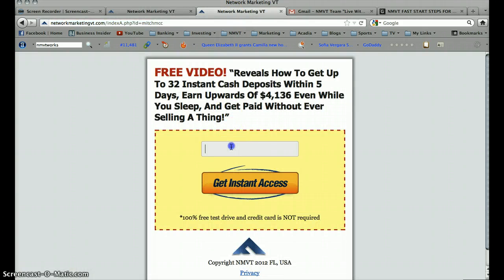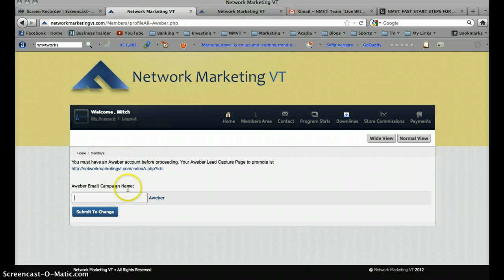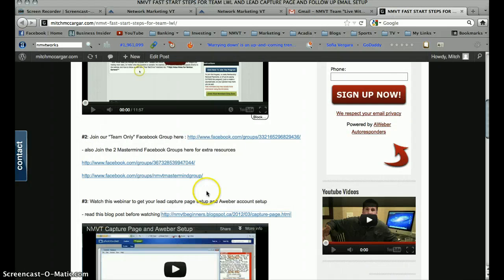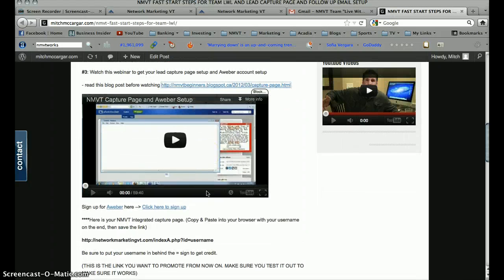If you opt in here right now with a test email account and hit get instant access, it's going to say email service email account not active. So I'm not going to do that right now because mine is active, but that's what will happen to you if you haven't done any of this yet. What you need to do is go right here onto my blog, and right below the video that you're watching right now,